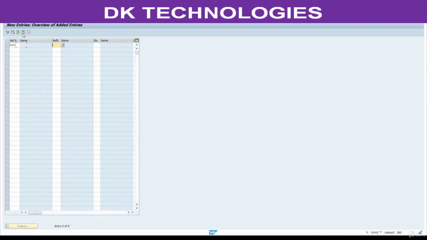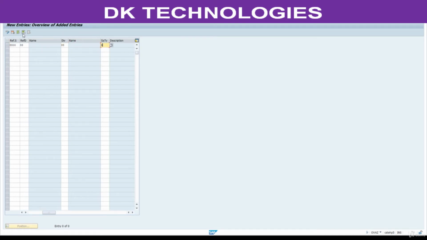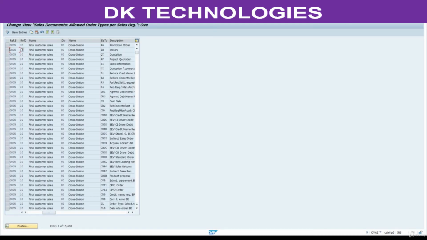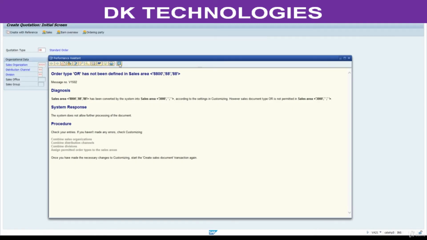Here enter 8800, distribution channel, division. Here we need to enter order type. See, this is the standard order I want to use with the combination of this sales area. Save this. We have successfully completed this step.